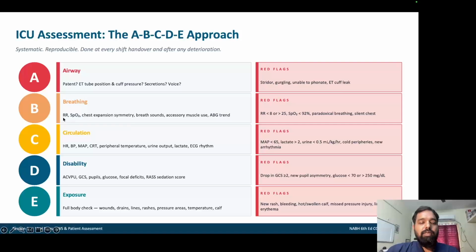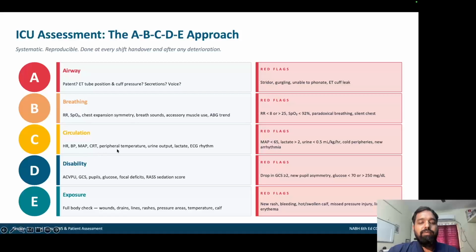Regarding breathing: the respiratory rate, saturation, chest expansion, symmetry, breath sounds, accessory muscle use, and ABG trend. The red flags include respiratory rate less than 8 or more than 25, saturation less than 92, paradoxical breathing or silent chest. Regarding circulation, the heart rate, BP, MAP,